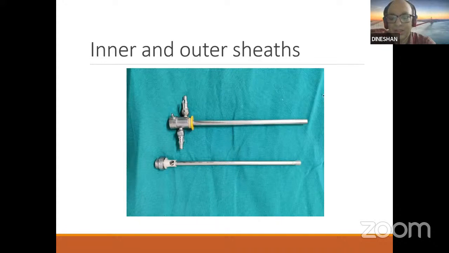It should not be blocked. Otherwise, if the outflow is partially blocked, the intravesical pressure will rise, and you can land into all sorts of problems. We will discuss that a little bit later. So that is where the cleaning of the instruments after the procedure and during the procedure comes. You have to always make sure that it is well cleaned, there are no clots after the procedure, and the outlet channel and the tip of the sheath are perfectly clean, devoid of all clots.